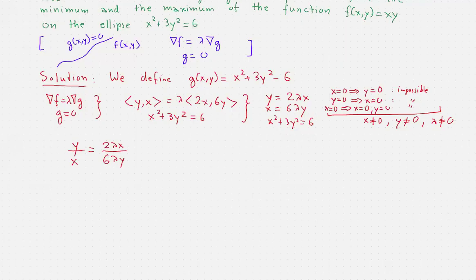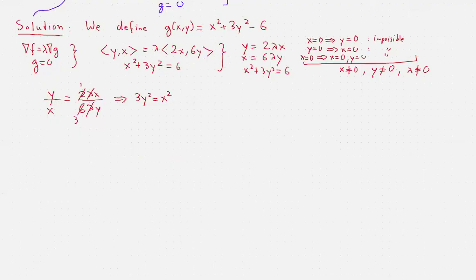We have an easy numerical cancellation. And if we cross multiply, we get 3y squared is equal to x squared. So now we can replace x squared with its equal in the constraint. So that will give us 3y squared plus 3y squared is equal to 6, which means that 6y squared is equal to 6, which means that